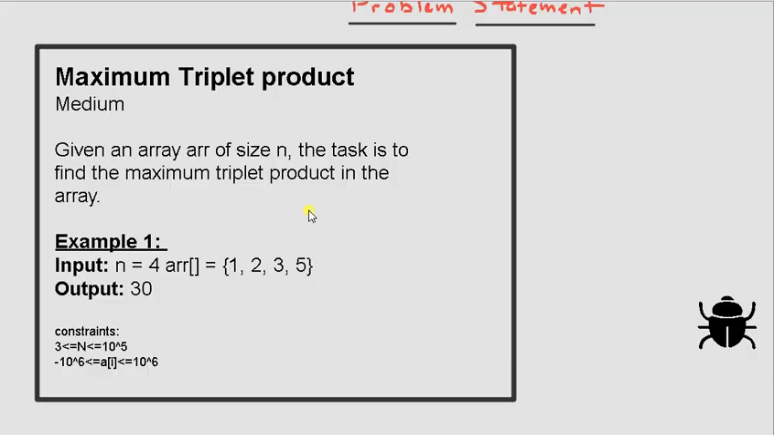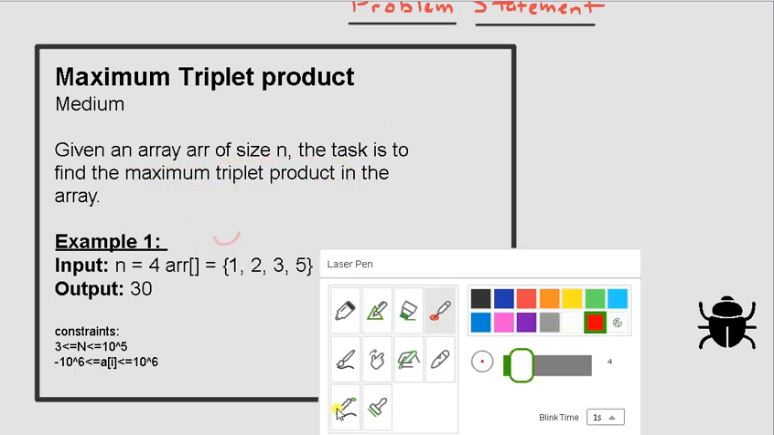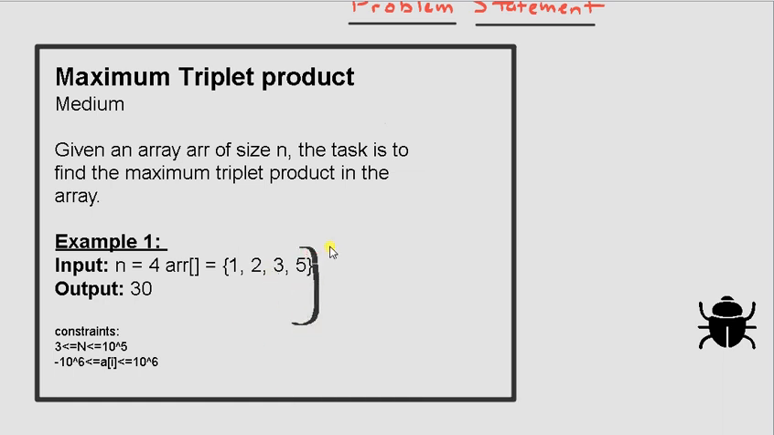So let's get started. Here is the problem statement and it says that given an array ARR of size n, the task is to find the maximum triplet product. Okay, so the maximum triplet product is the product of any three elements in this array. So if I have this array, then